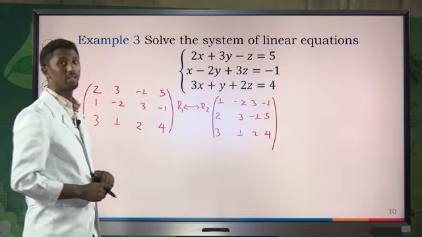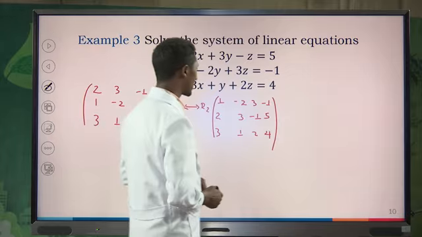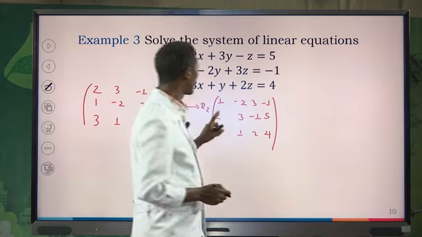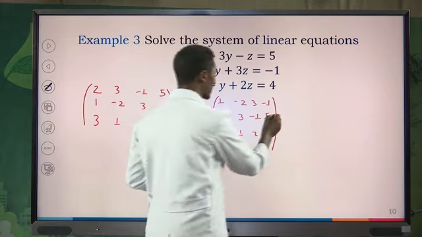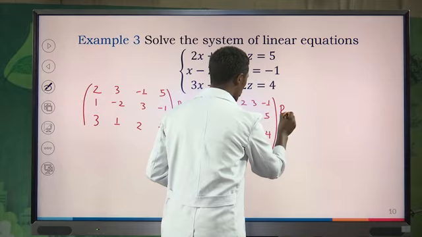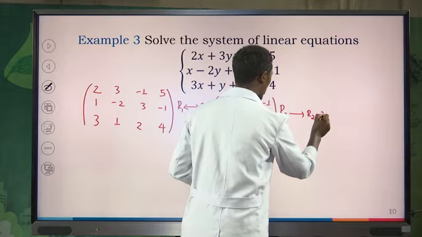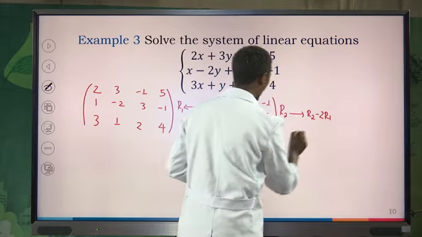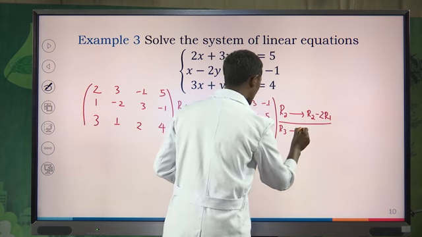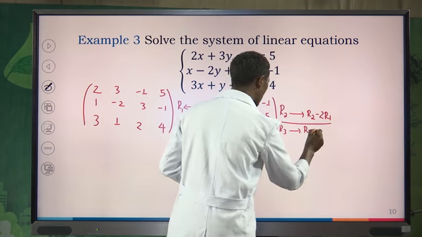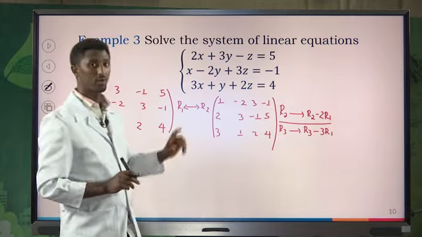So this is the augmented matrix. We'll reduce this augmented matrix to row echelon form. So these two must be 0 and this 3 must be 0. So what must be done? Row 2 must be replaced by row 2 minus twice row 1, and row 3 must be replaced by row 3 minus 3 times row 1, because we only focus on the